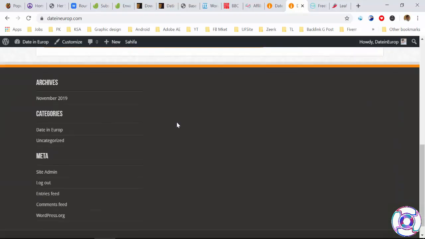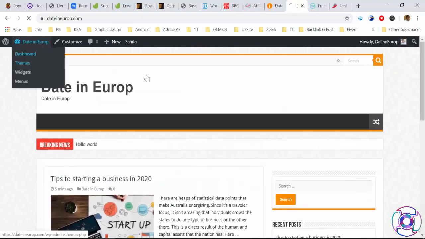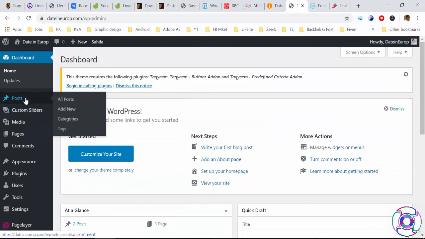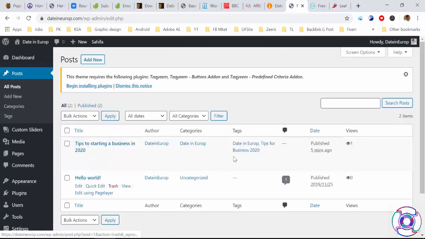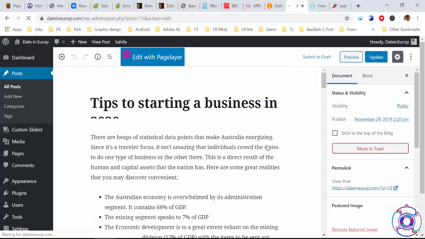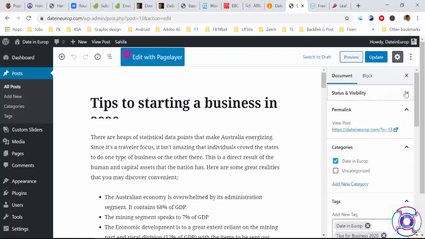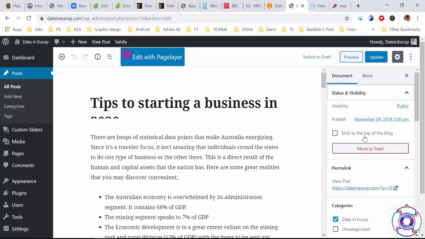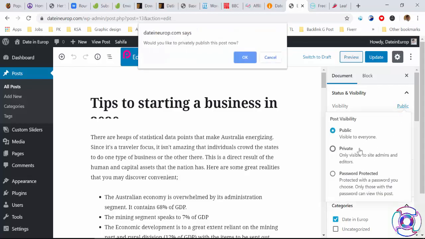Now I click on dashboard, post. You can see all our posts, tag, category, author, whatever. This post I'm going to delete, it goes to trash. If I click on edit, again you can do any editing you want. And again we have the option for visibility, currently public. If I click on private, okay,